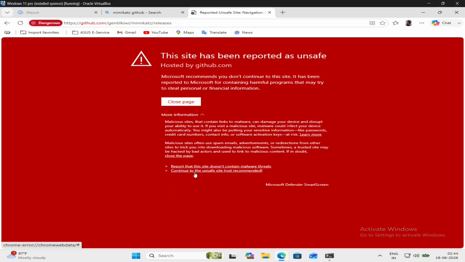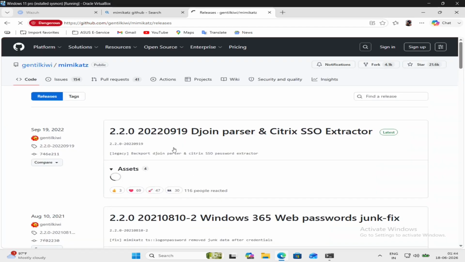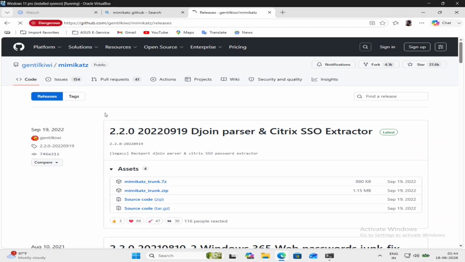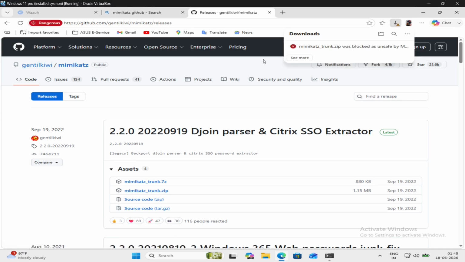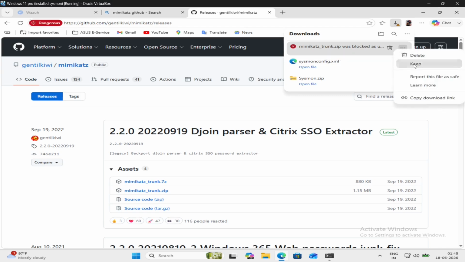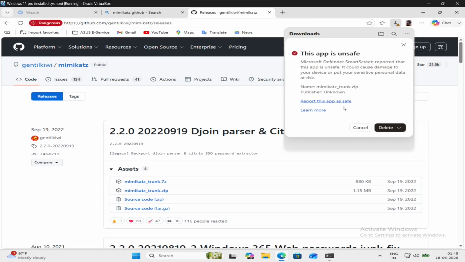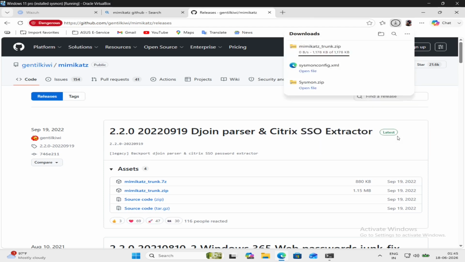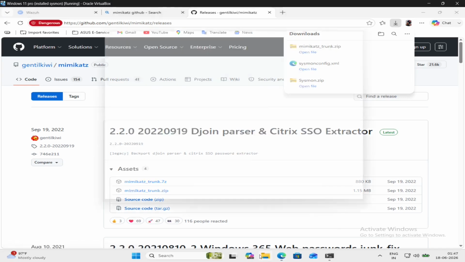It will say this is dangerous. Yes, I know it is dangerous. Just continue and download that mimikatz_trunk.zip. It will download. This could take a minute, not even a minute. Okay, see more. Click on the three dots, keep, and keep anyway. Open that file,